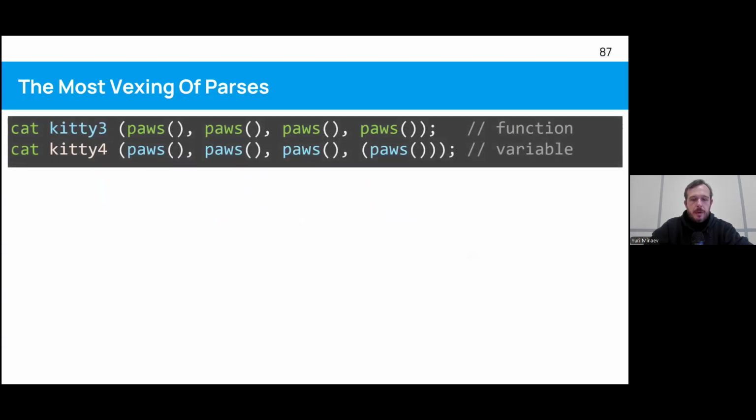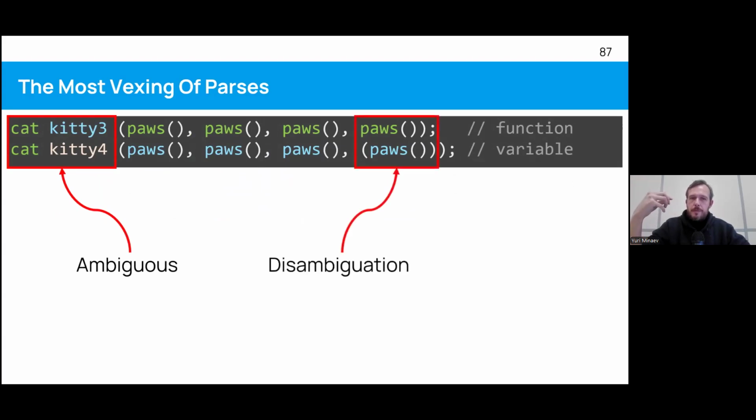And here we are dealing with a bit of a problem, because this part is ambiguous. You do not know which exact grammatical production you are dealing with if you just look at this first part. And to understand which one, is it a function or a variable, we have to go all the way back there. Because this last part, which makes the difference, whether or not we have a function or a variable.